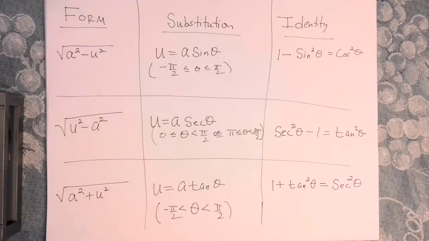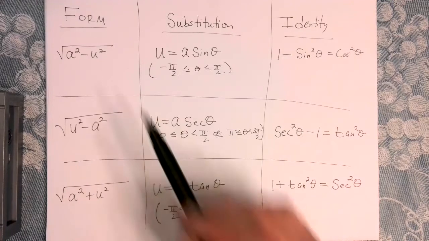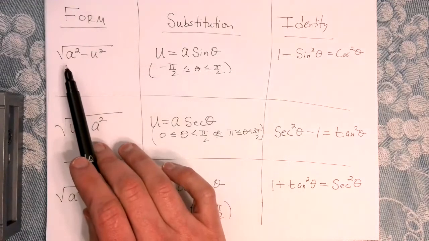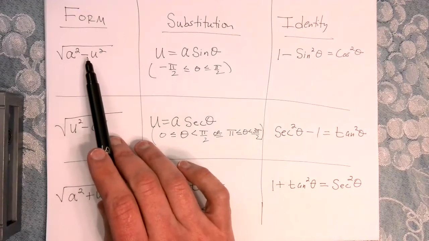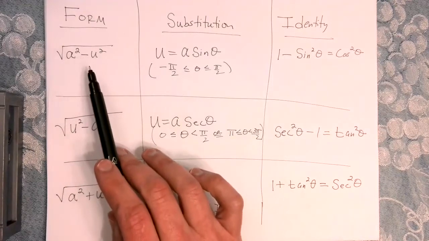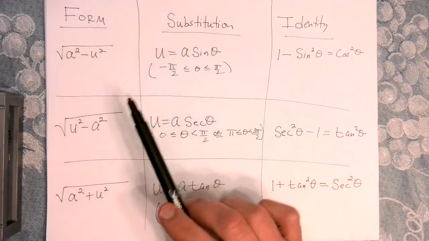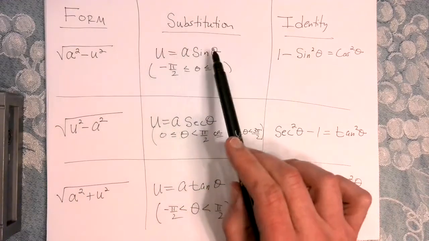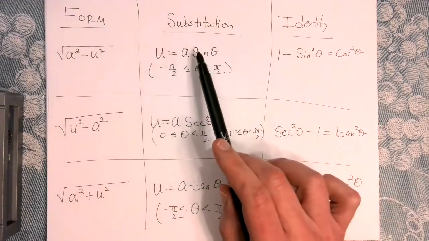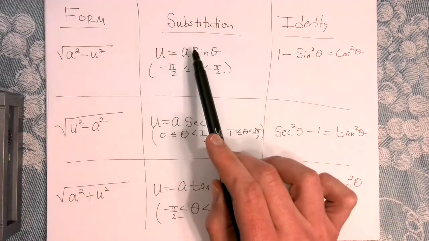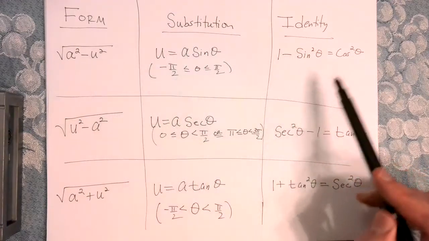Okay, welcome back everybody. I wanted to do an example of trig sub. So recall the following. If we have a form like this, where it's the square root of constant squared minus sort of variable stuff squared, we want to make the following substitution. So u is equal to a sine of theta. The reason why we make this substitution is when we plug this in for u, we get a Pythagorean identity